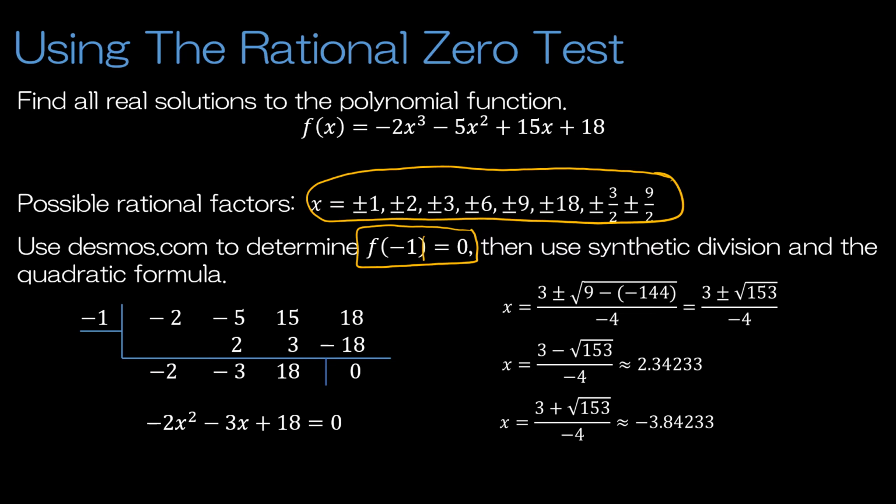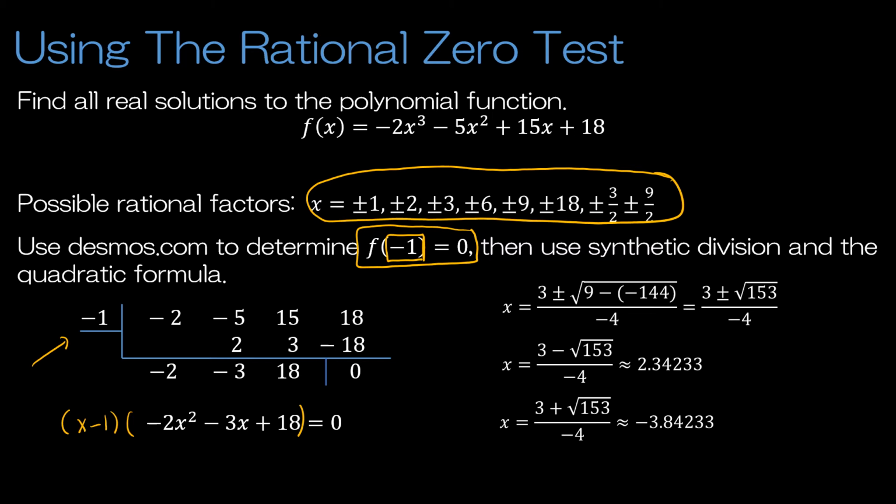So I am going to use the fact that I know that I have a 0 of negative 1. I can use synthetic division to determine what's left over after I factor this. So again, remember this would be like x plus 1 is a factor, and negative 2x squared minus 3x plus 18 is a factor. Now I have to continue to factor that